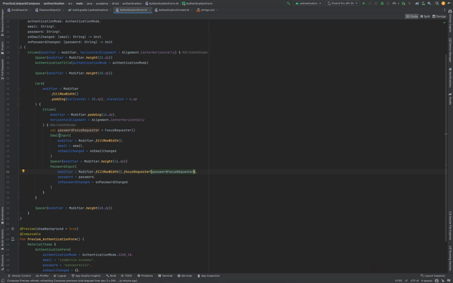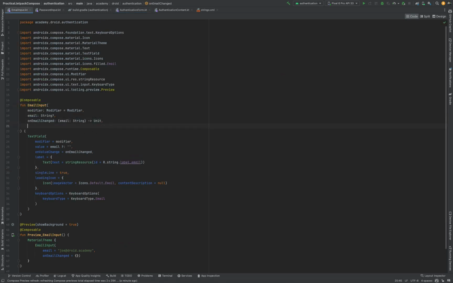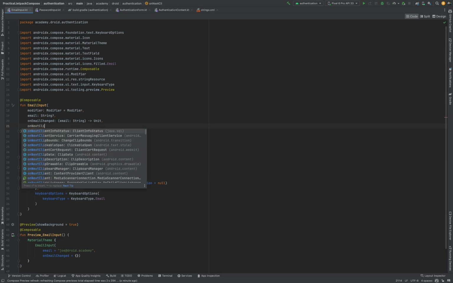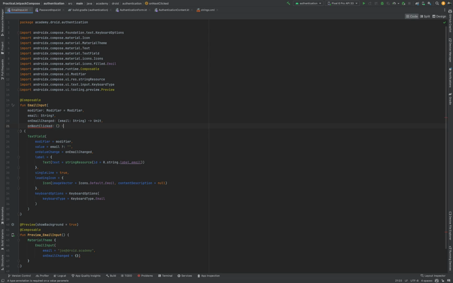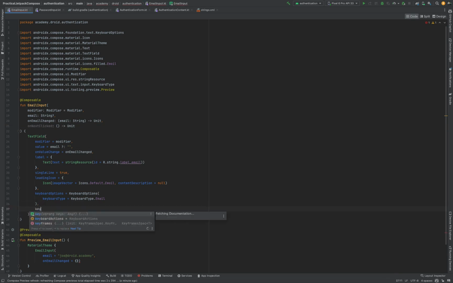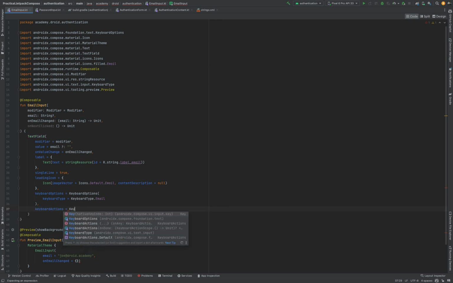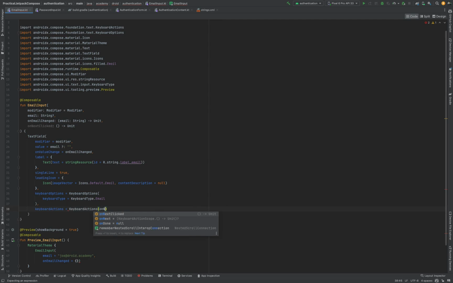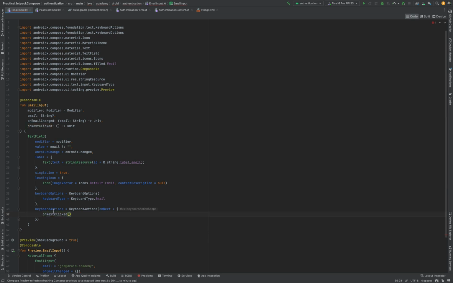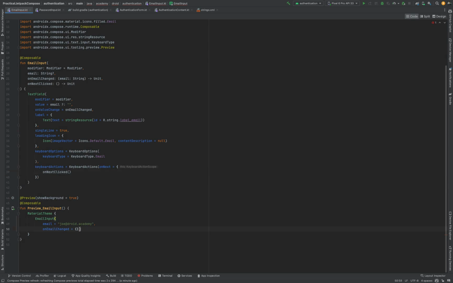With this focus requester now in place, we're going to need to trigger the focus request. This is going to happen when the user interacts with the next IME action that we're going to enable via the keyboard options. Before we can offer this though, we need to implement a handler for it. This property takes a keyboard actions instance used to provide handlers for each of the available IME actions. In our case, for the email address text field, we're just going to provide an implementation for the onNext action. When this onNext action is triggered, we're going to want to trigger the lambda that we've just defined for our